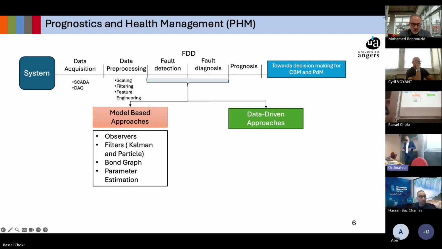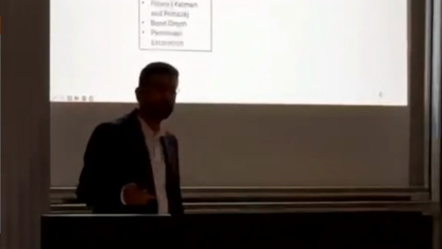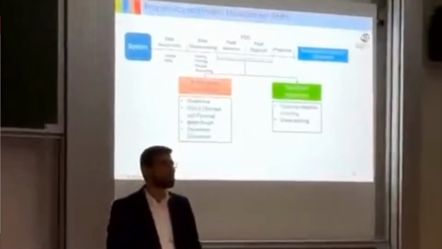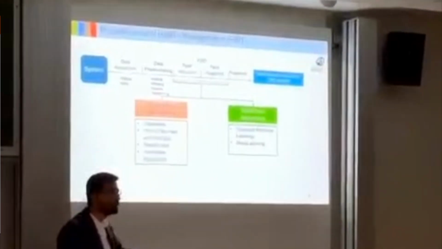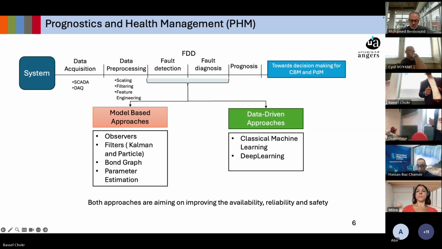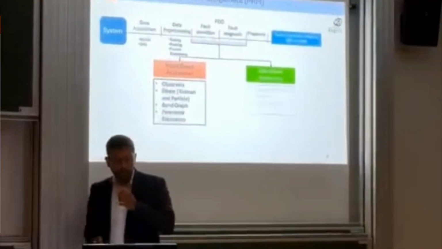And the other one, considering the abundance of the data that we have today, is the data-driven approaches, such as classical machine learning algorithms, or more recently, deep learning. Both aim at increasing and improving the reliability, safety, and availability of such systems. To compare between data-driven approaches and model-based approaches,